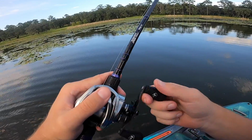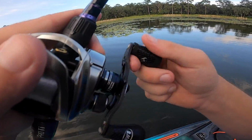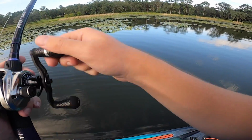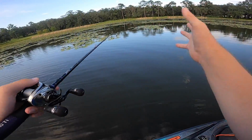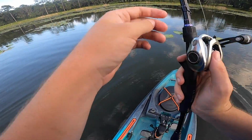I do love that I can stand up in this kayak, because that's probably my least favorite thing about kayak fishing for the longest time. I have to stand up when I go fishing. Like, I hate sitting down and fishing. I just get really bored. I got to be actively moving to keep myself entertained. I don't know if I'm the only one like that, but